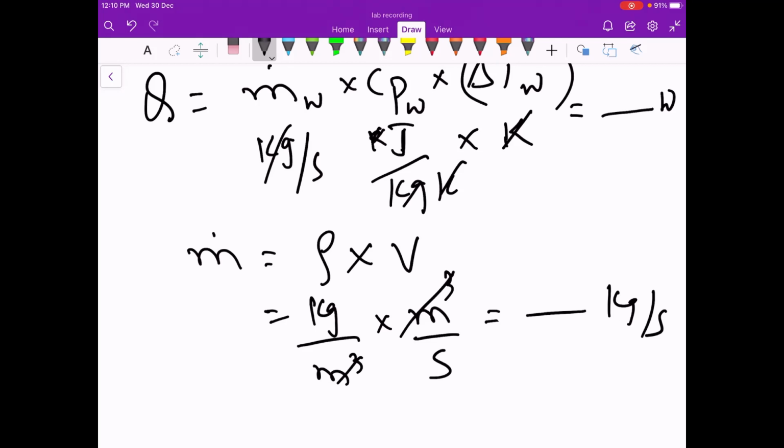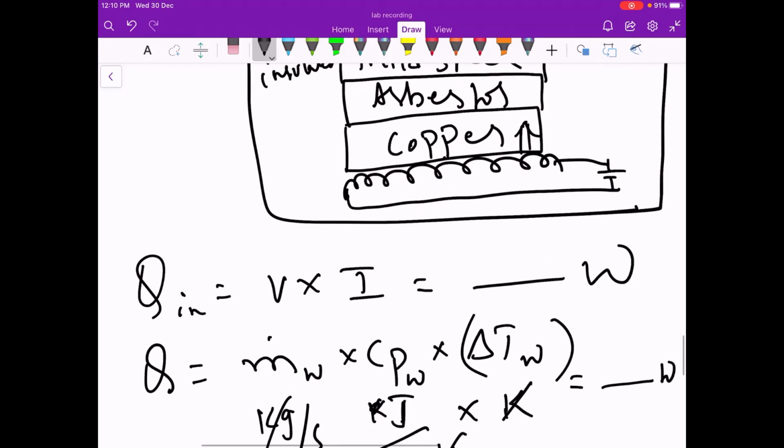So please measure the volume that is collected inside the measured beaker. You can calculate it with respect to 1 minute, and then convert that into per second. Multiply that with the density of the water, and you can get the mass flow rate of the water. Are you able to understand, guys?